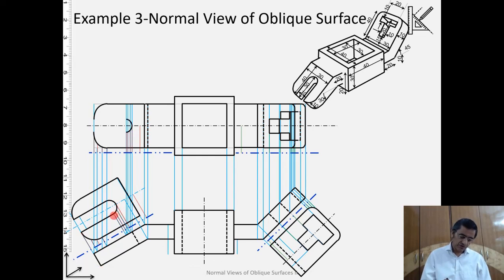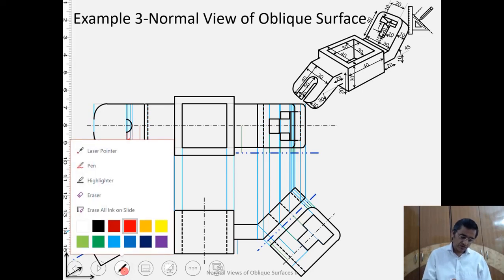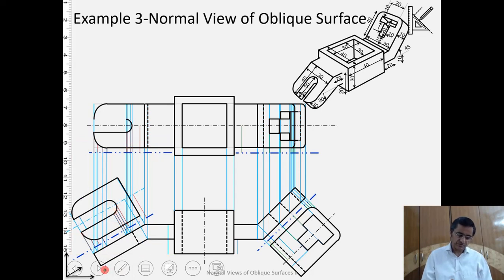So from the arc, multiple points are taken to the top face, and all these projectors go to the horizontal, and there with the help of the distances which are measured. So these are the distances which are being measured. Okay, with the help of these distances we are putting them here and plotting, or making the projection. So the top view of the object can be completed in this manner.